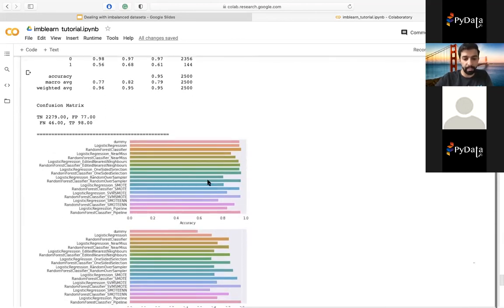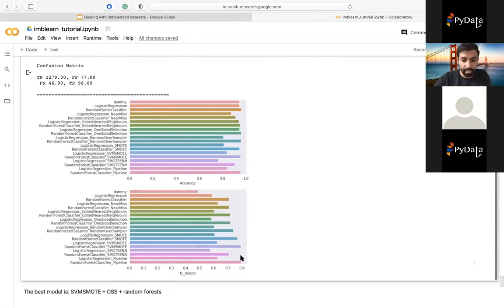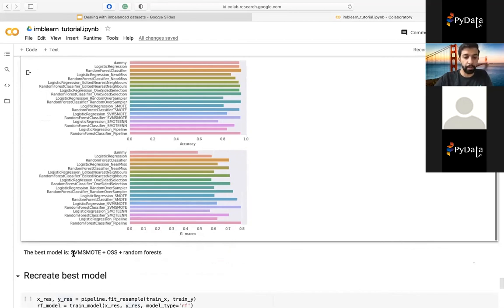The reason is that the one-sided selection doesn't really remove that much, and we see for example here in the plot, a very small improvement is made between SVM synthetic oversampling and adding the one-sided selection. Nevertheless, this is the best model that we have reached. So we're going to use SVM synthetic oversampling and one-sided selection and random forests.